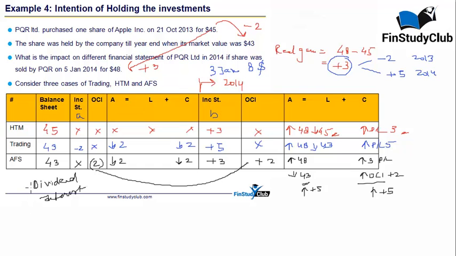Now the key question here is that A is equal to L plus C. You have received cash of 8 and that is a realized gain because you have actually received it. Therefore, it is going to hit your P&L, the income statement, irrespective of the category. Now that's the most important part. So whatever we have done in the table so far holds only true for the capital gain part of it.